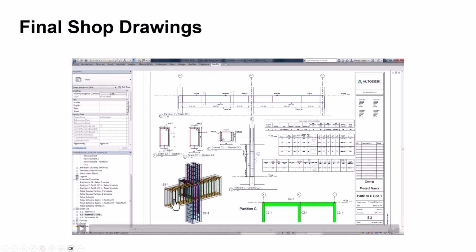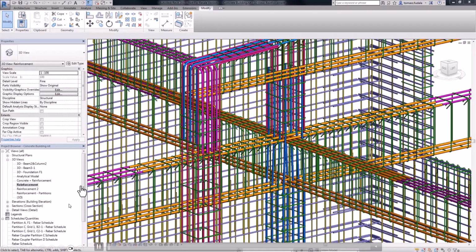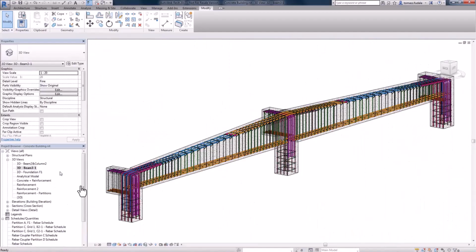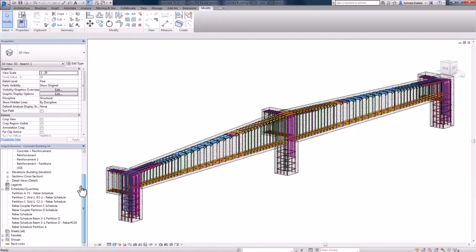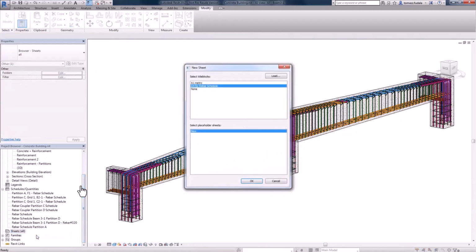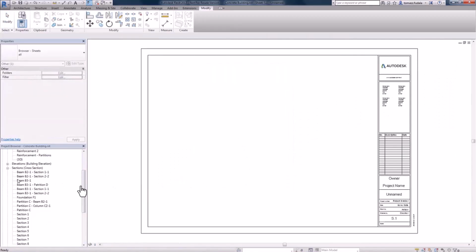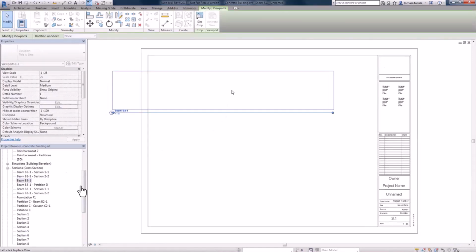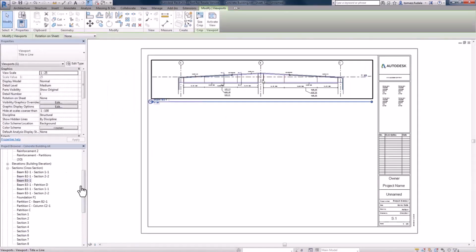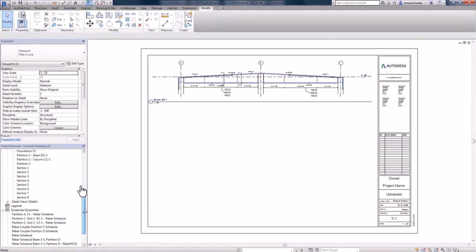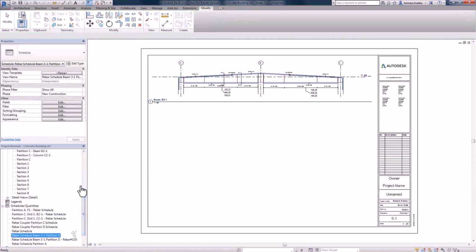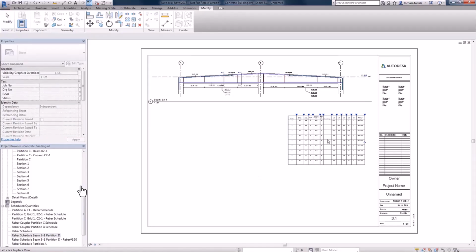So here we bring everything together into a final shop drawing. These drawings combine 3D reinforcement models if needed, bars, schedules, and bending details into a clear fabrication-ready sheet. In this video, you can see how the views, sections, and schedules are arranged and automatically updated when the model changes. This workflow ensures that every drawing stays consistent with the latest design, minimizing errors and saving